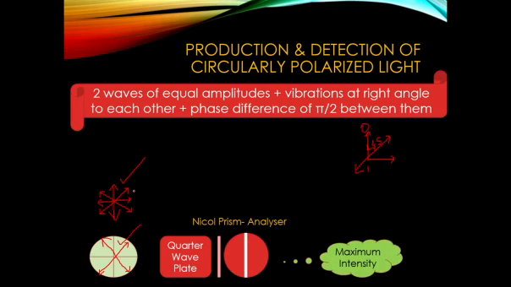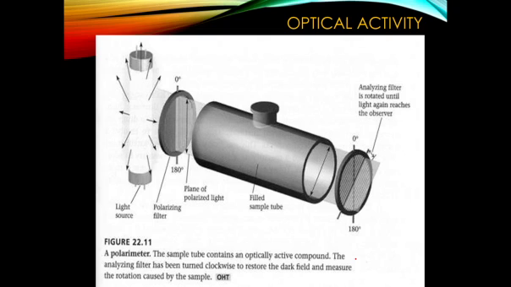But if it was unpolarized light, and it is passed through a quarter wave plate, there won't be any change. You will again get back the unpolarized light itself. So then you will see the same situation as before, that is, no variation in the intensity. Only if it is circularly polarized light, when you pass it through a quarter wave plate, you'll get a plane polarized light, and you'll get the condition for plane polarized light, which is maximum and minimum. So this is how we distinguish a circularly polarized light from an unpolarized light.